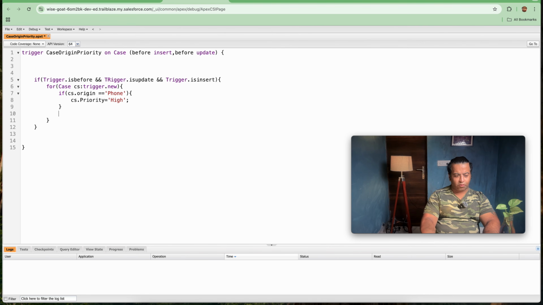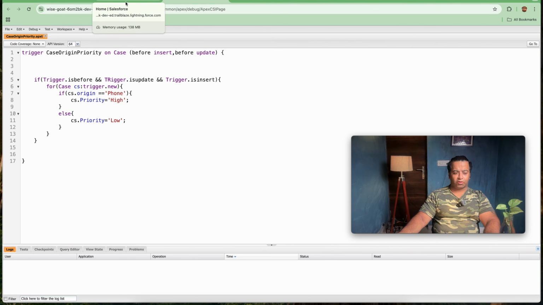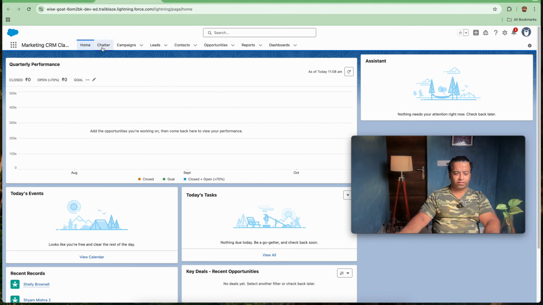Else, if you go with the else part, here we will be considering the else part as well. If the case origin is not Phone, then you just need to do cs.Priority equal to Low. As soon as you save it, I hope this trigger is done. So let's test it first, then further we will go on to the test class for the same.